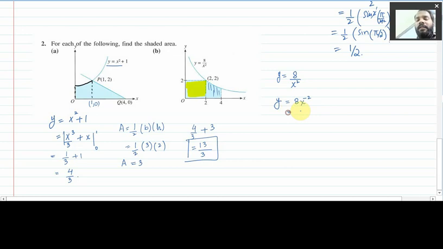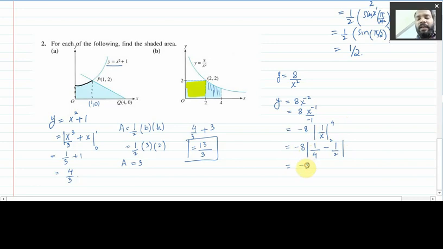So it will be 8x to the power minus 1 divided by minus 1, or we can say that it's minus 8 divided by x, right? Or you can say in this form, minus 8, and x to the power minus 1 is 1 upon x, and the limits we have are from 2 to 4. Alright, so when you apply the upper limit, it's 1 upon 4 minus the lower limit 1 upon 2,